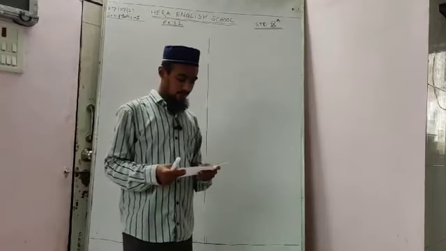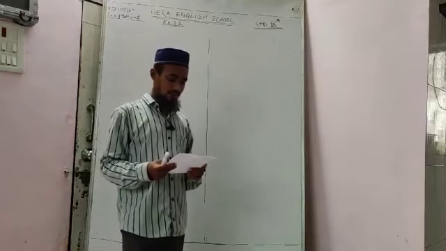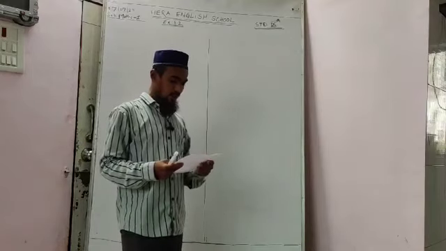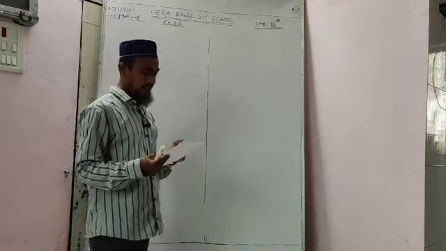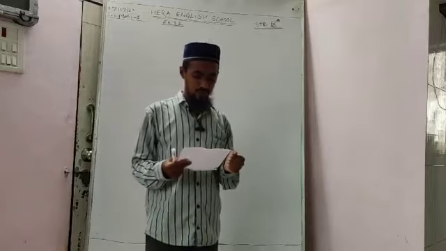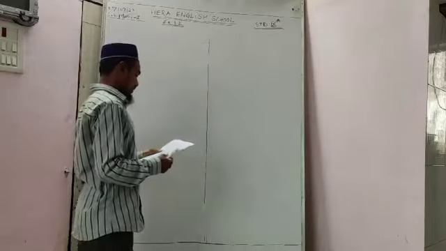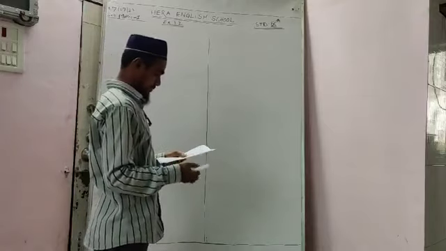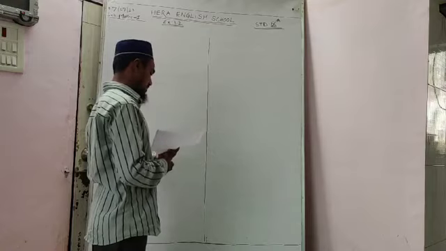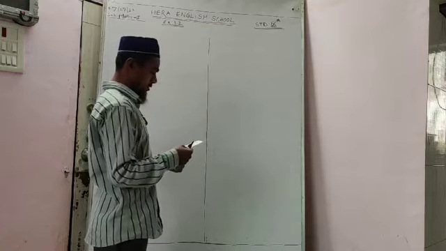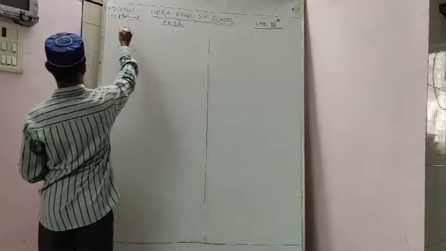Yes, students, in my last lecture we have completed the 1.1 exercise in Maths 1. Now today we are going to continue with 1.2. Let's see very carefully the question in 1.2. Question number 1: decide which of the following are equal sets and which are not. Justify your answer. Okay, now see, the first one is there.